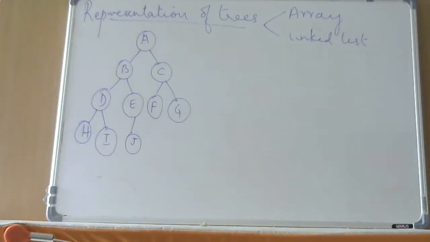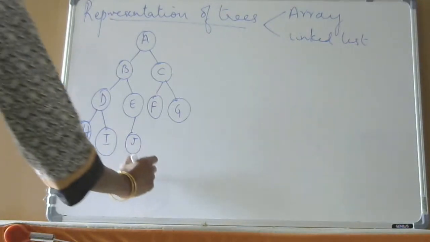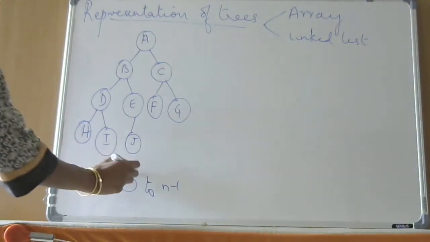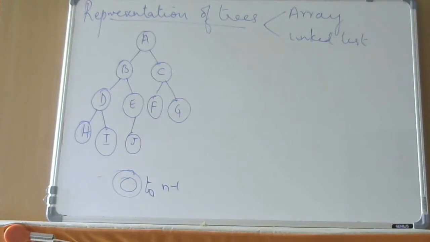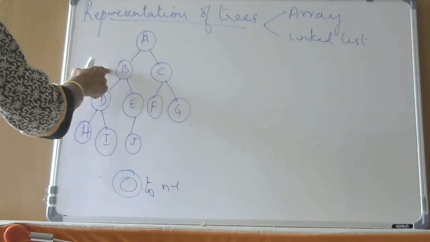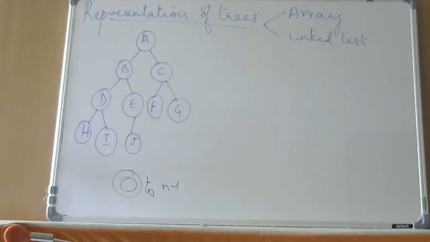Okay. Now, when you want to represent using arrays, the nodes are kept in the array, isn't it? The array in C++, array position starts at 0. Therefore, tree nodes are numbered from 0 to n minus 1. The root of the tree is always in position 0. For the node at position P, if this is P, then I would call this 2P plus 1. This I would call it as 2P plus 2. That is how I can calculate which node it will occupy.